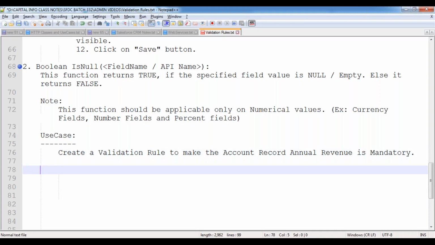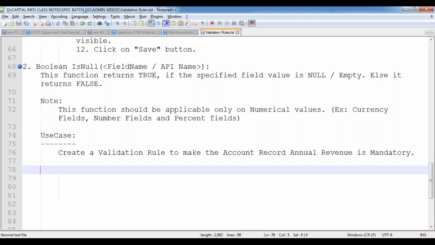Because I already told you in our initial classes of configuration that upon making a field required, we have multiple ways available. First way is by using the required checkbox, we can make the field required. Second one, by using validation rules. Third one, by using page layout customization. Fourth one, with the help of triggers. Fifth one, by using Visualforce programming.